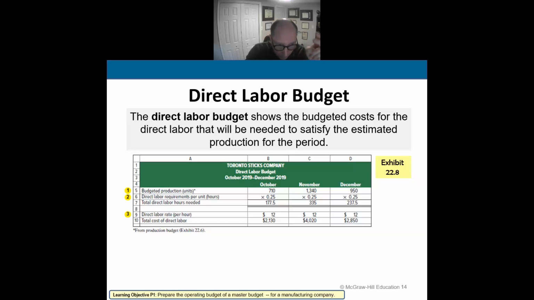Step two, multiply the number of units by the amount of time it takes to make a single unit. In this case, it takes 25 minutes to make one hockey stick. So 0.25. You can think of it as a quarter of an hour, I guess. 0.25